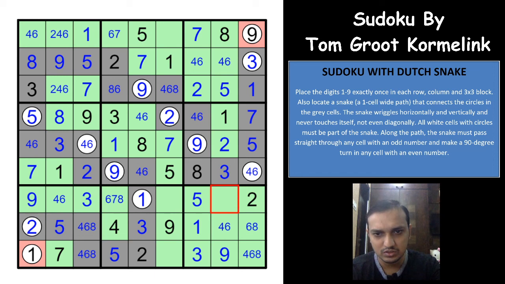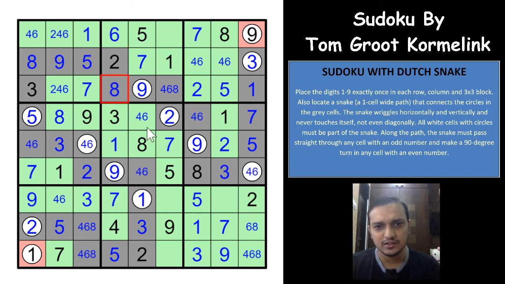Let's see what is the... Okay, so this would have to be a 7, sorry. Thank God we have found that. This would have to be a 7, that gives you a 7 here, that gives you a 6 here, and 8 here, and this 6 gives you a 4 here, that gives you a 6 here, a 4 here. These two digits are 6 and 8, so this would have to be a 4 here. This is a 6, a 2 here.